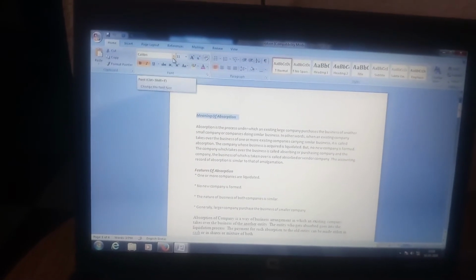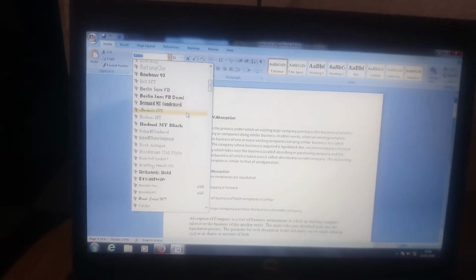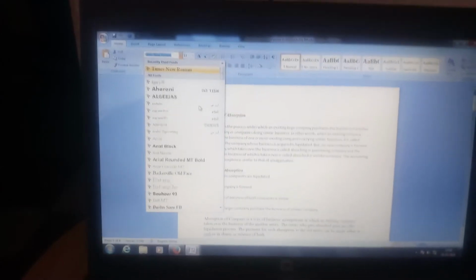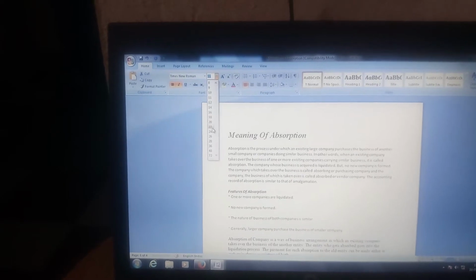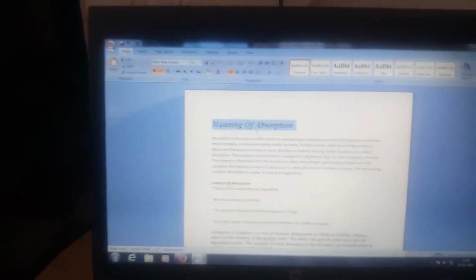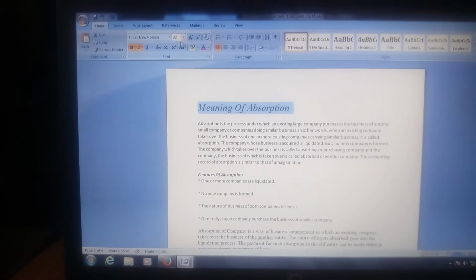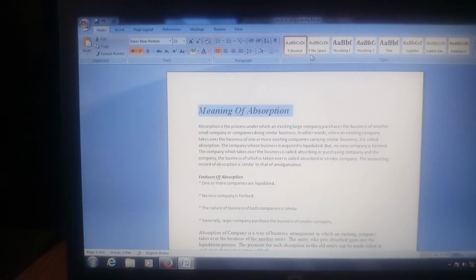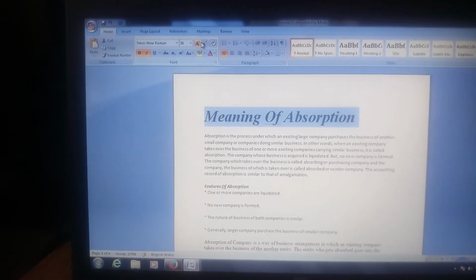So I am clicking at the top of the column. I am going to change the font style. Normally for projects, Times New Roman is given, so I am clicking the Times New Roman option. The font size I am also going to change because the heading is too small. At the top of the column we have both options for style as well as size, or else we can click this simple option.